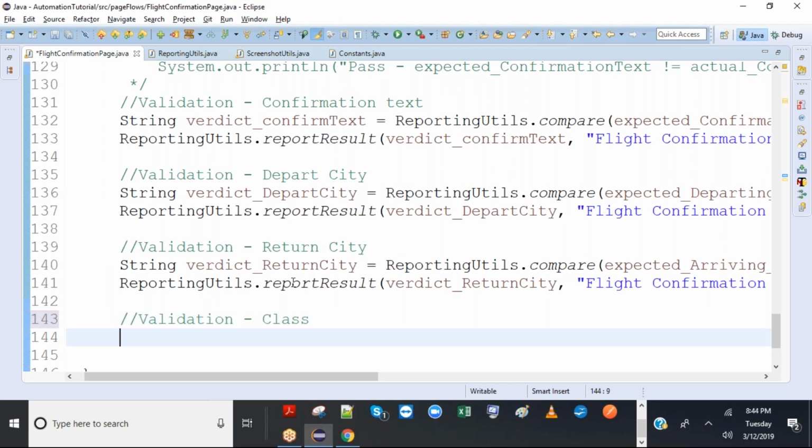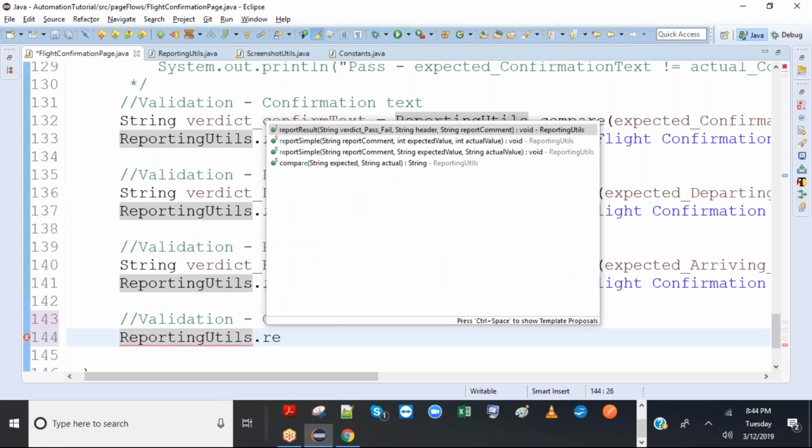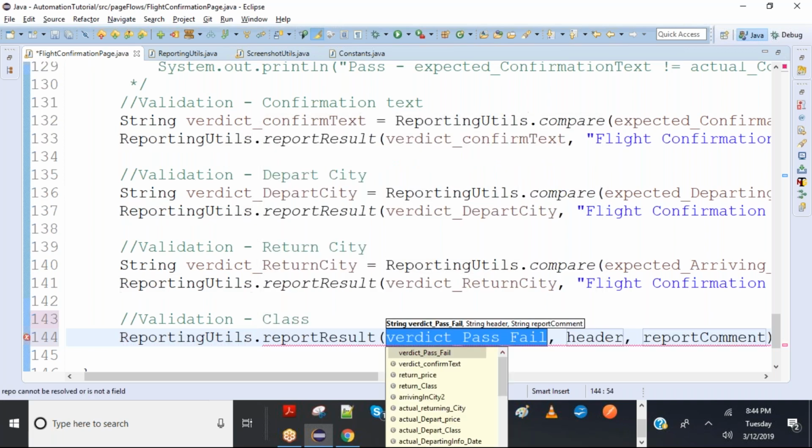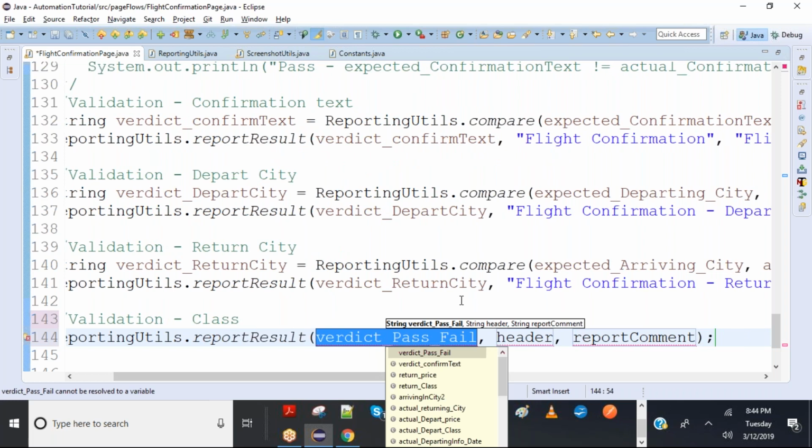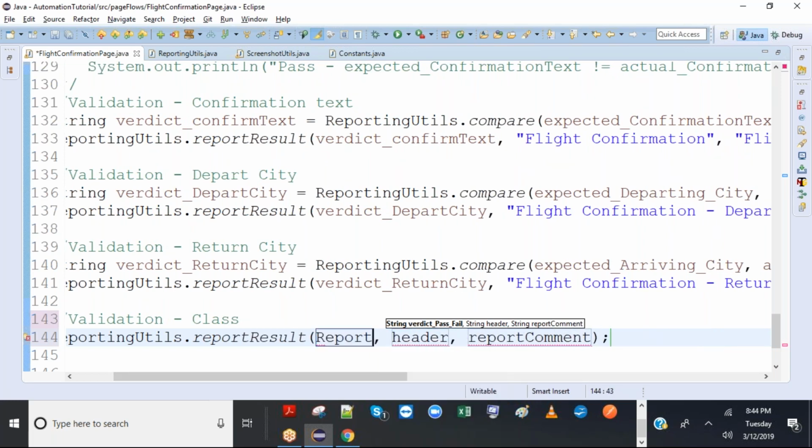From here onwards, I want to do it in one line because we don't want to do it in two lines. So let's go with one line now. Directly reporting utils dot report result. Okay, that is only one and done. So verdict we already know, we have to compare it, right?